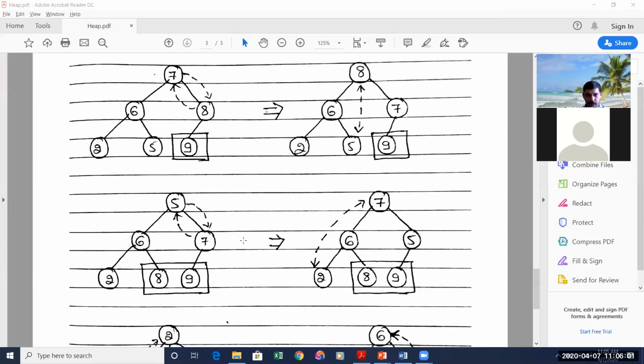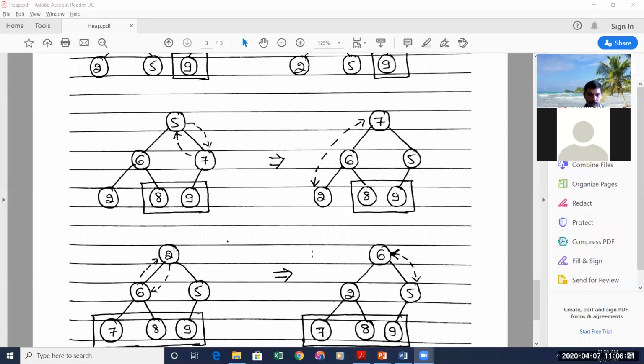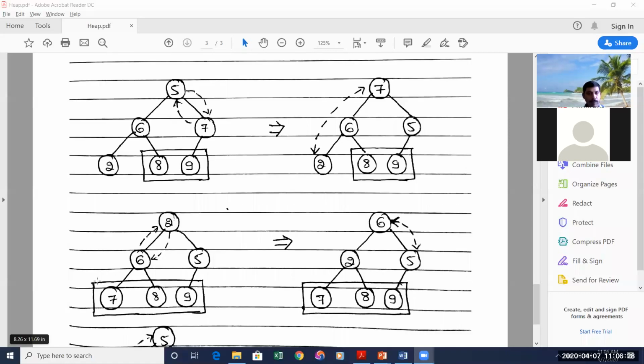After swapping 7 and 5, this is the next heap that is created. Next heap means the next largest element has come to the root position. Next, you have to perform the maximum key delete. What does the maximum key delete do? You have to swap the root element with the last leaf node. So 2 is the last leaf node, and you are swapping with 7. So 2 has come to the root position, 7 has come to the leaf position. Now you have to reduce the array by 1. You have to put a box telling that 7, 8 and 9 don't belong to the heap.